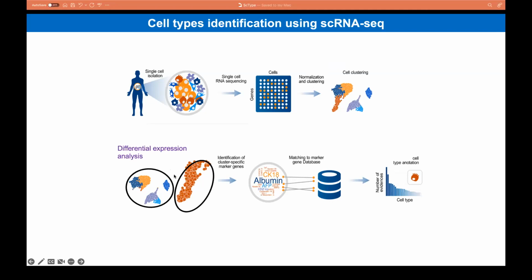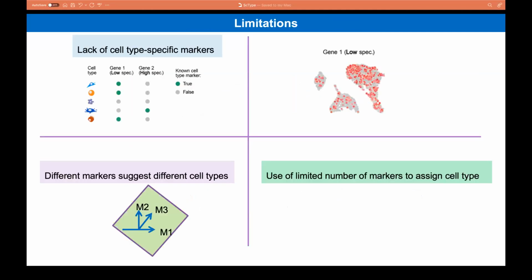For example, you can do a differential expression between the red labeled cluster versus all other clusters, and you identify these genes, go back and match to some known database, or if you have been working in the field, then based upon your own knowledge of what could be the appropriate marker for a particular cell type, come back and try to annotate these cell types or clusters, which was kind of okay, but the process gets complicated or has its limitations because